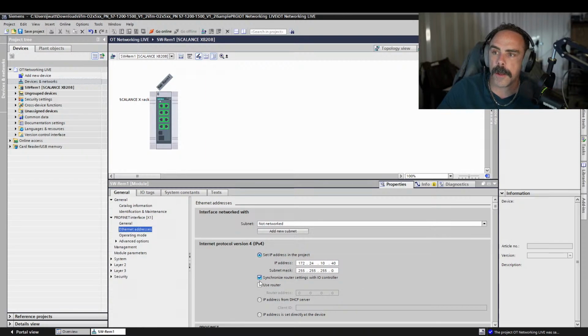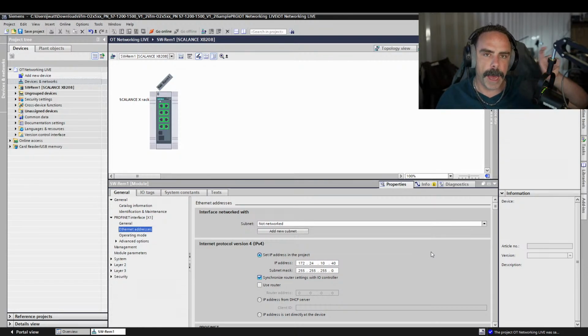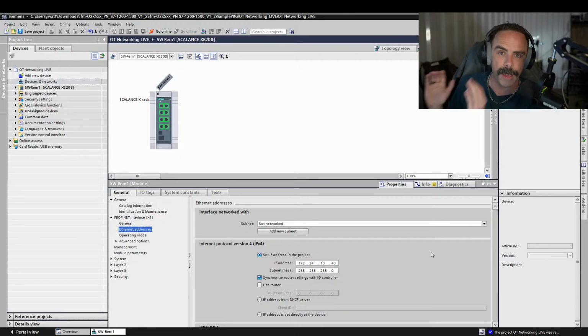And if we do this, then if your PLC is using a router, this hardware will automatically use a router as well. And a gateway router, that's what it's talking about. So in our systems, we use that VPN connection. And so we have to set all of our devices to look at that gateway, because we are definitely not on the same network as